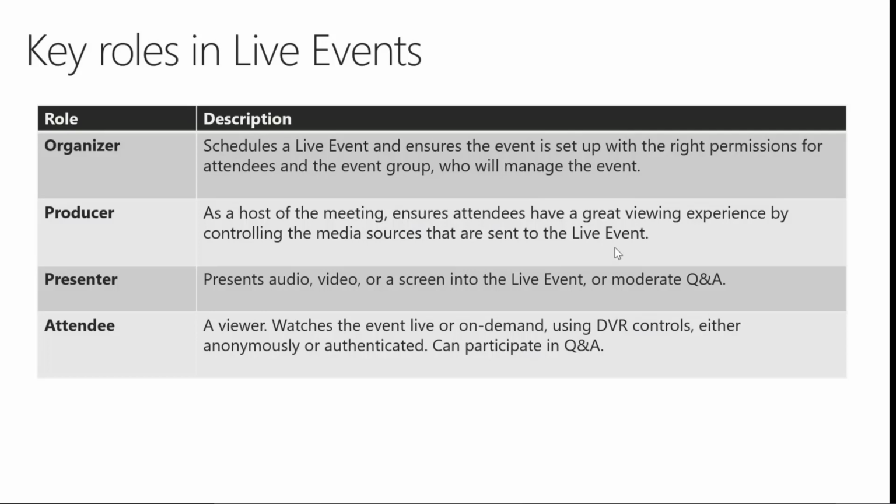But there could be an option in your scenario that a person organizing might be a producer, but might not be an active producer. They would just be assigned a role. Their role is to just schedule a live event and share the meeting invite with all the attendees. Now, in the meeting itself, there are 3 roles: producer, presenter, and attendees. Attendees are very simple, all the attendees who would be attending the meeting. Presenters present audio, video, and share the content, and answer questions through moderated Q&A.